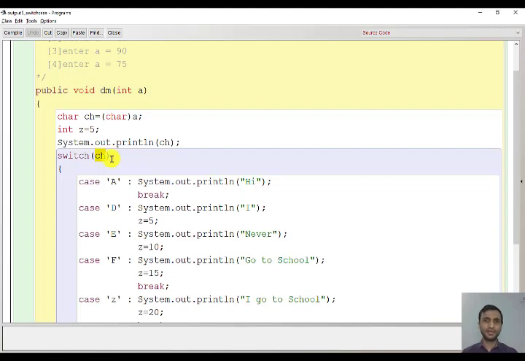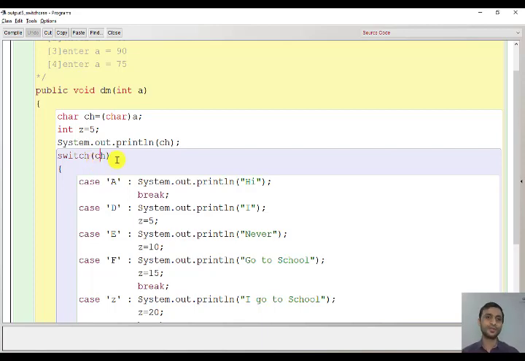So if you remember, I have already told you the rules that the value of this variable, the choice variable, can either be an integer or a single character constant. In the previous program, to enter the day number and print the day name, we took integer values. In this output program, we are taking a single character value. Except these two, integer and single character, we cannot take anything else. We cannot take string, boolean, or real numbers. Every time, remember to take either integer or single character values as per the program.